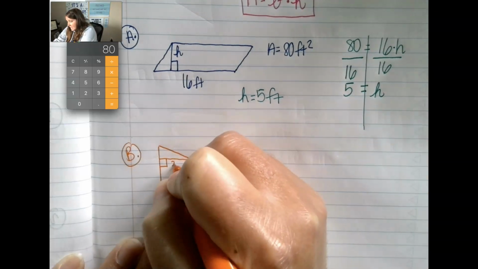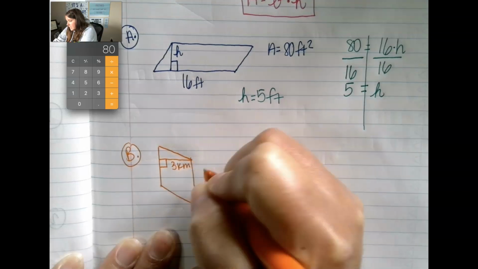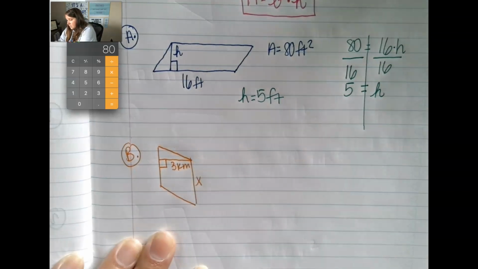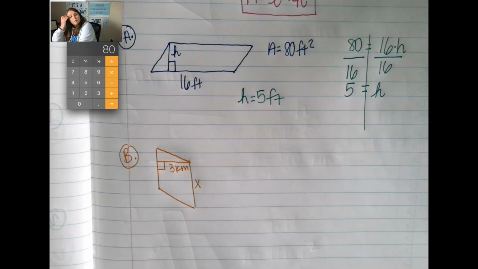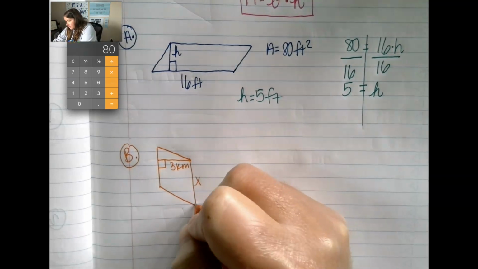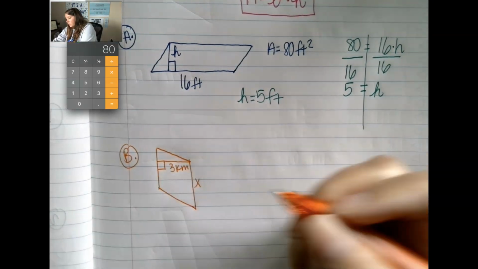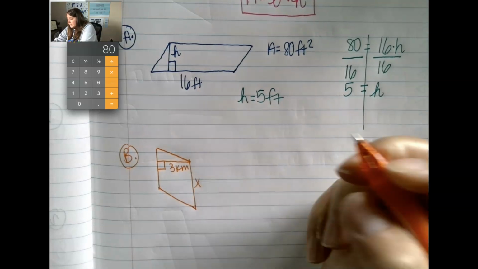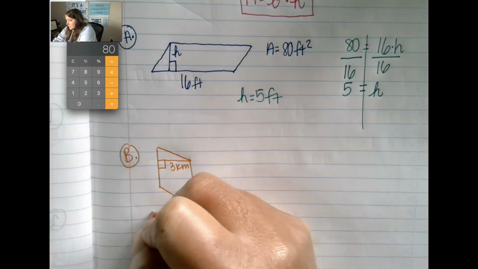It says that the height is 3 kilometers. And this time it wants to know the base. So we're solving for x, or the base. We don't know the base. If we were to flip this over on top, it would land on the x. So it says that the area